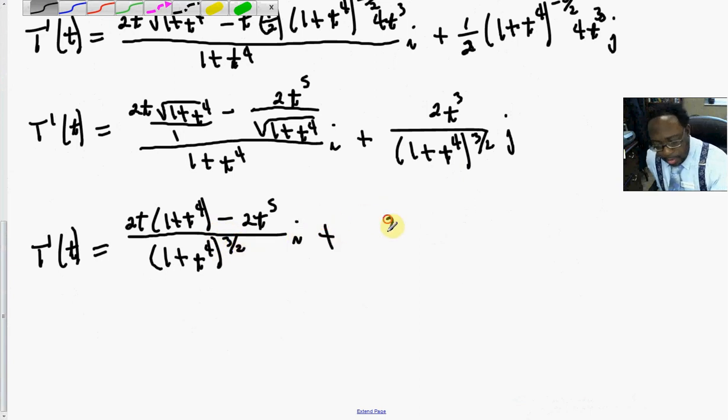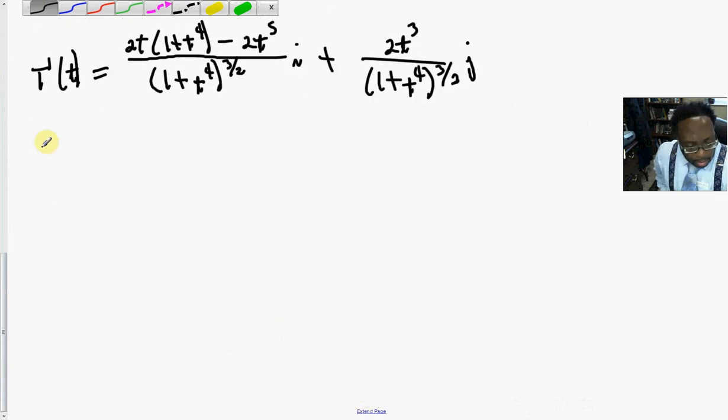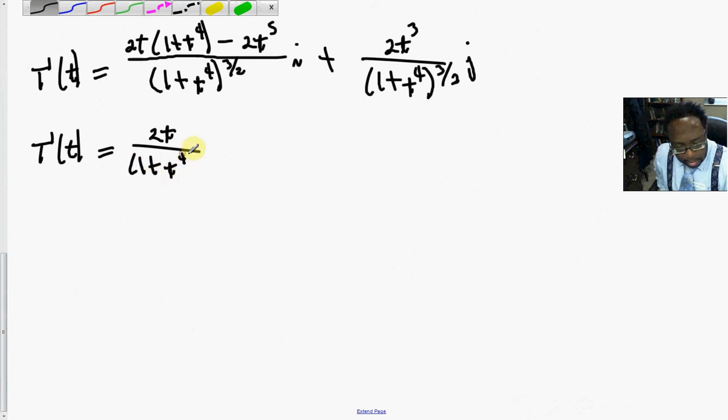1 plus t to the 4th to the 3/2 power j. Now notice that 2t times t to the 4th would be 2t to the 5th, so the opposite, so those terms will cancel out. And so T prime, we can write, finally, it's just 2t all over 1 plus t to the 4th to the 3/2 power i